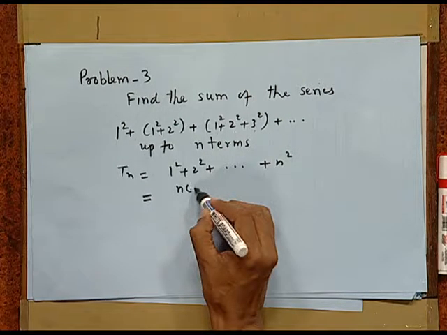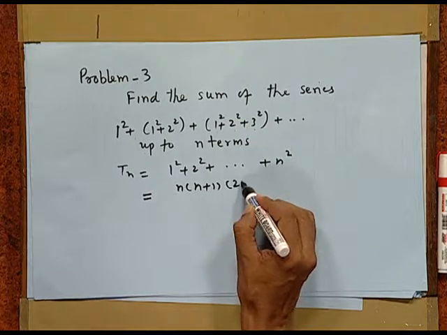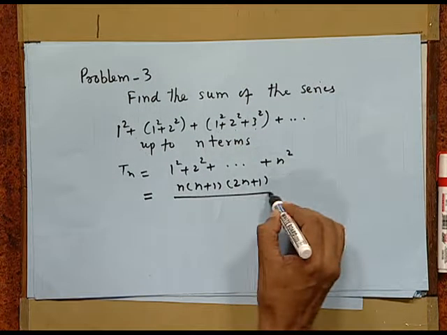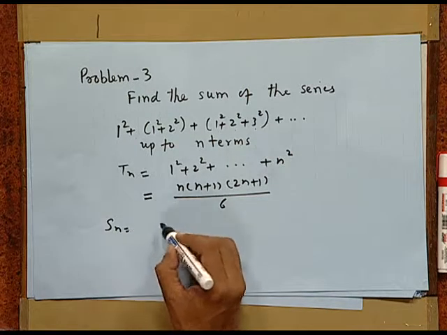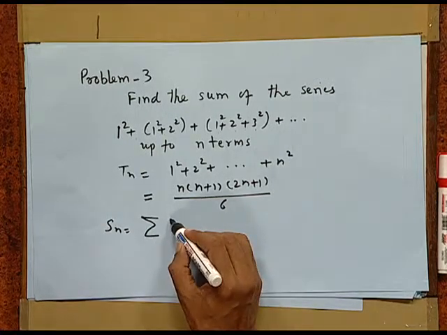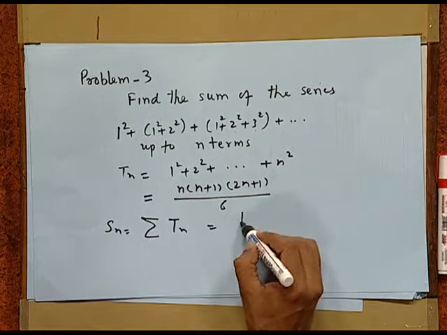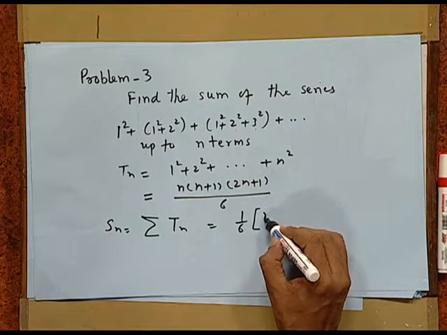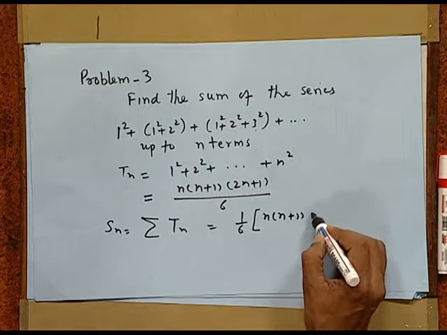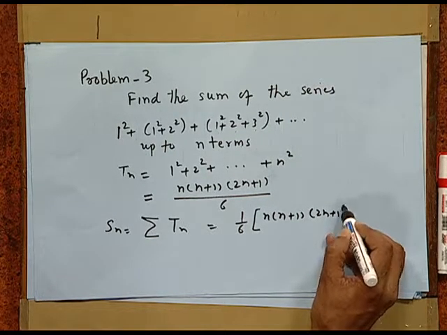So, the nth term itself is the sum of some other series. We first find the sum, and we know the sum already: that is n times n plus 1 times 2n plus 1 upon 6. Now, this is the value of T n. We want S n. S n is sigma of T n, that is 1 by 6 sigma of n times n plus 1 times 2n plus 1,